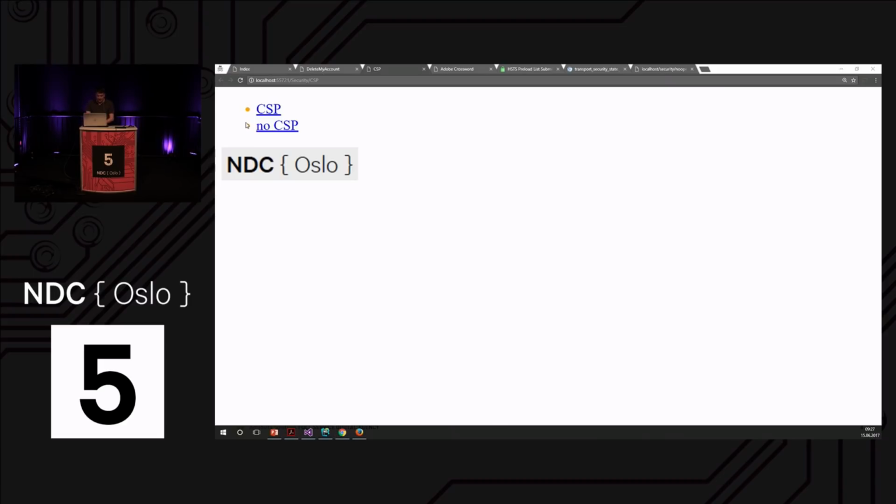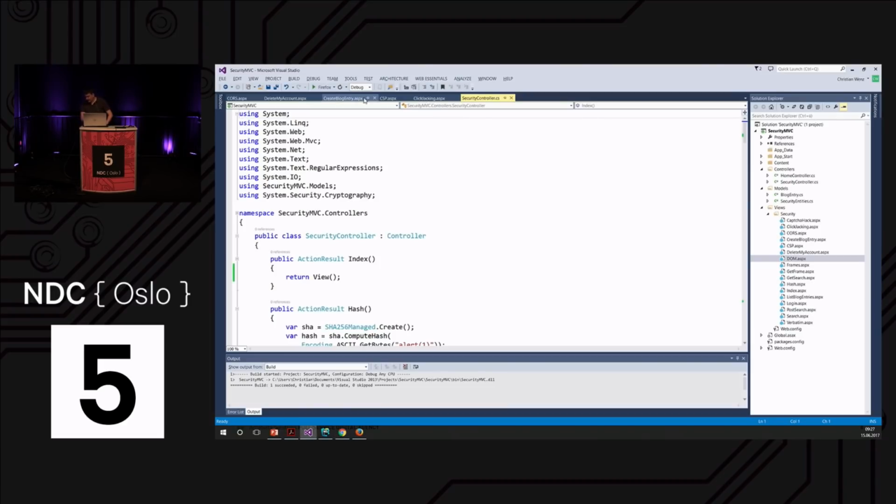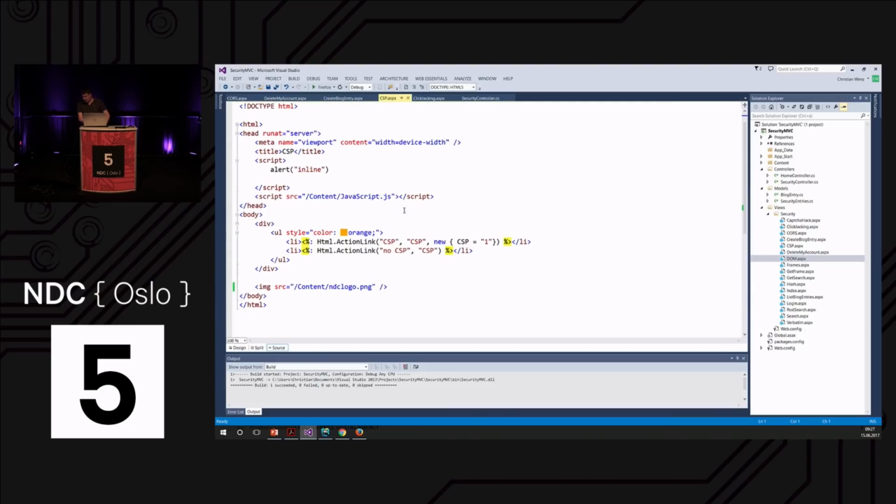So let's have a look at the code for that. I happen to have it open. So what we basically have is some inline JavaScript here. Then we load an external JavaScript file, but it's on the same server. But that doesn't really matter at the moment. And then we have the list here, and we have an inline style for that list. And we also have two links.